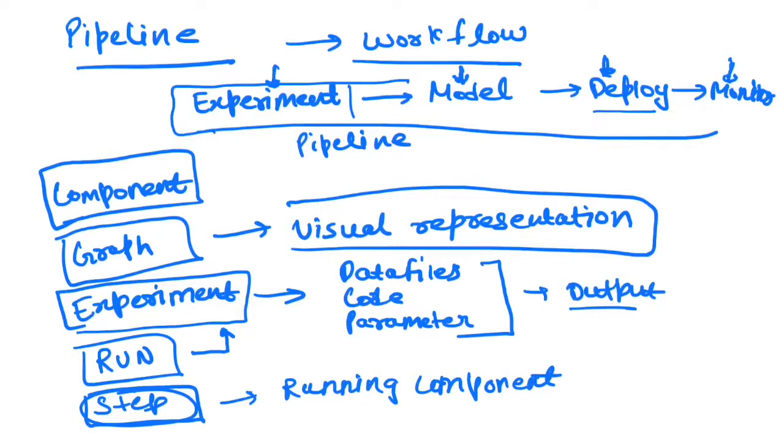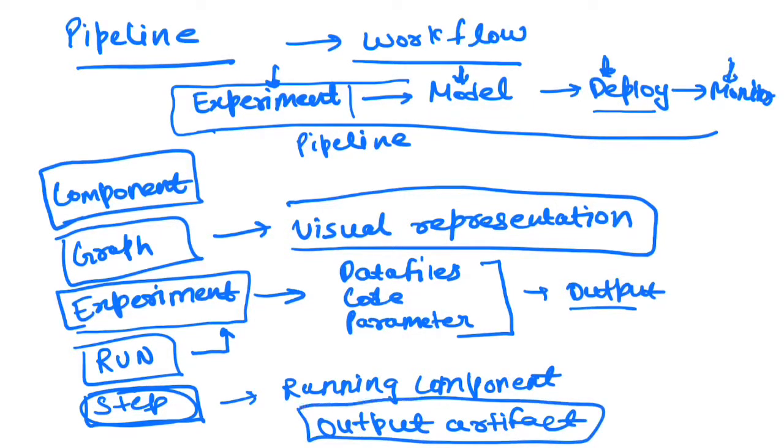And then finally there is a notion of output artifact. So let's say you have reached a particular model version which is giving a satisfactory result, so you want to log that model, you want to generate the final artifact, which can consist of your PMML file, pickle file, any other dependencies, the Python packages, whatever it is using. So that is my output artifact, and now this output artifact can be exported to any environment for the deployment.